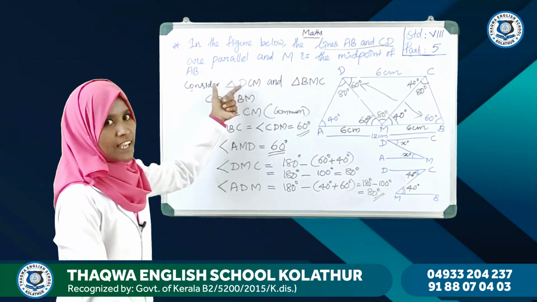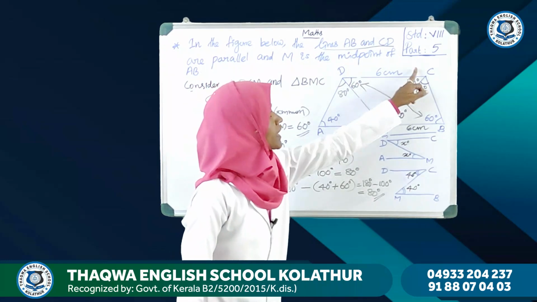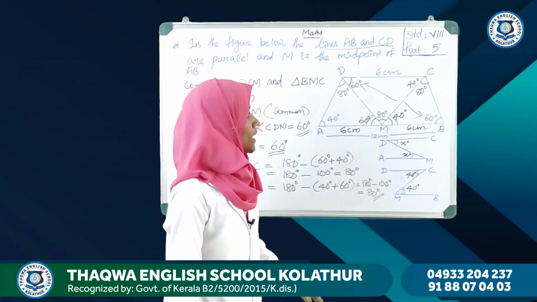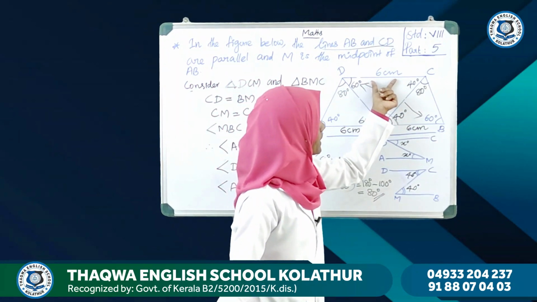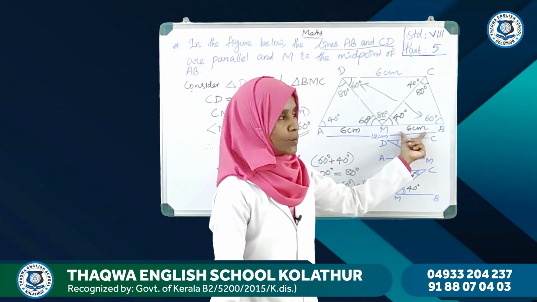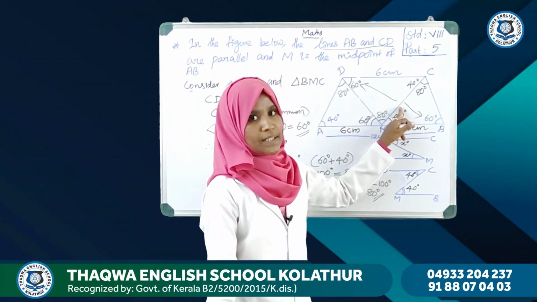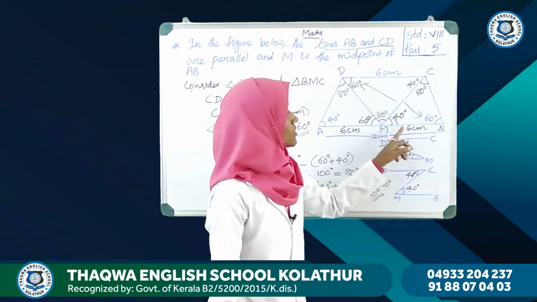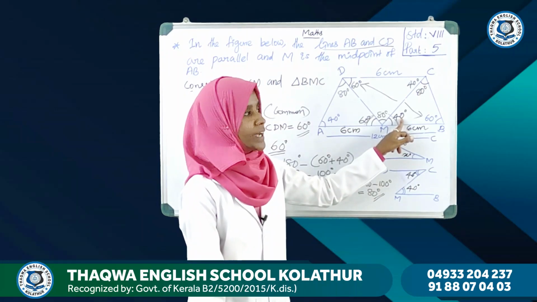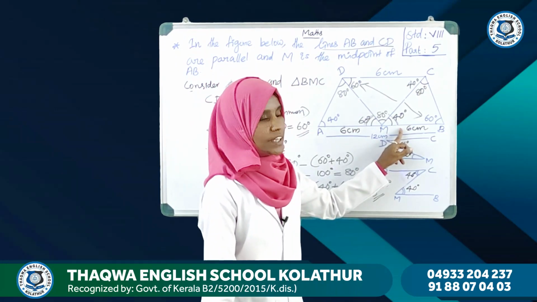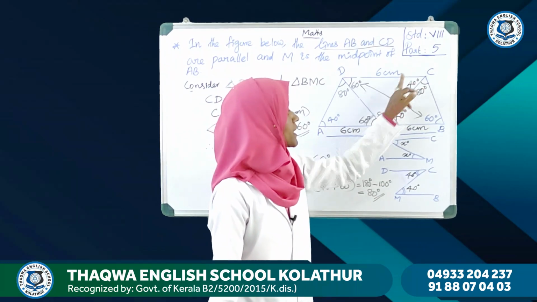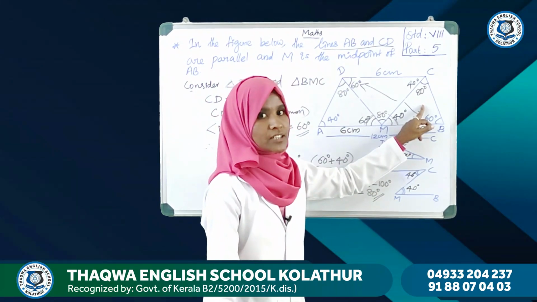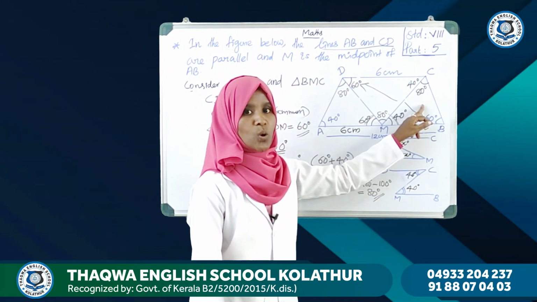So in the second case, we consider triangle DCM and triangle BMC. Okay. From the figure, the side CD and BM are equal. CM is the common side. Okay. So we can say that the two sides and the angle made by them in both the triangles, that is triangle BMC and triangle DCM, are equal. Okay. Then the third side and the other two angles are also equal.